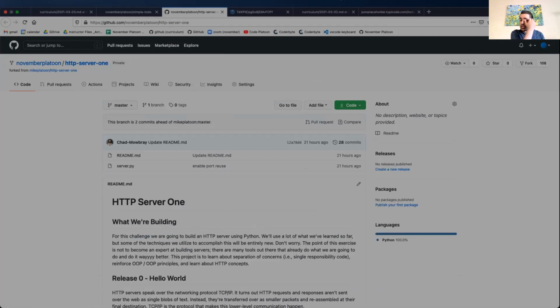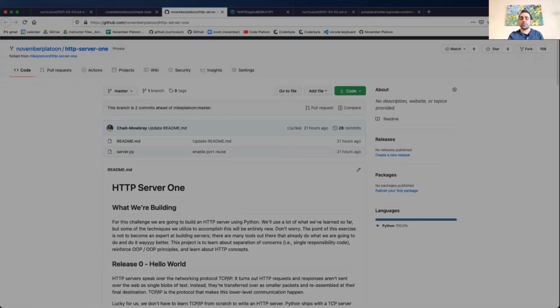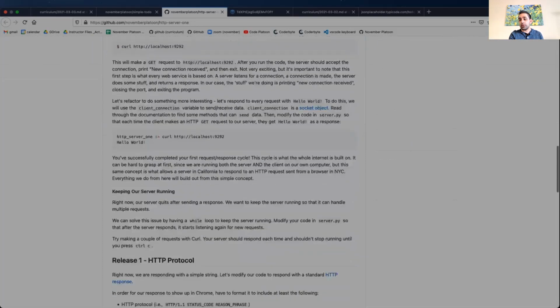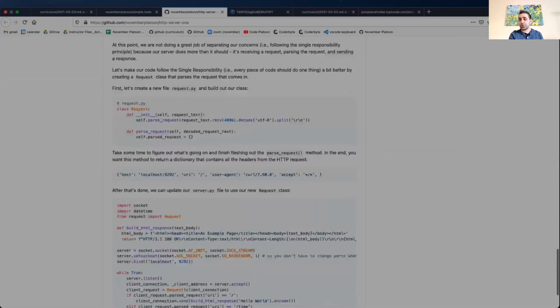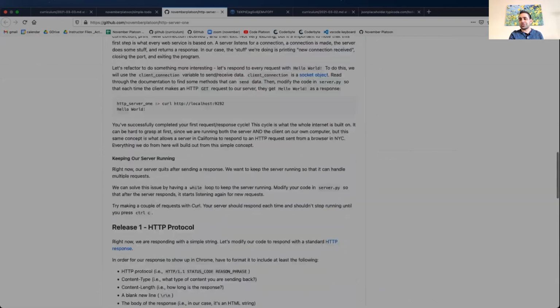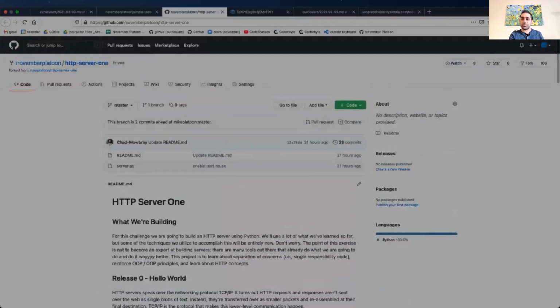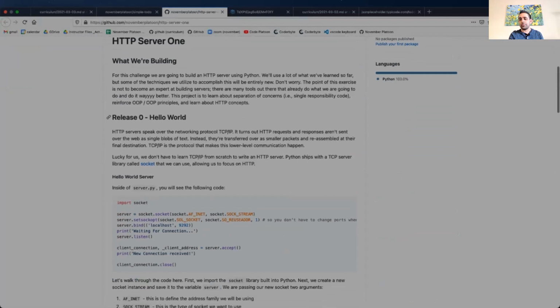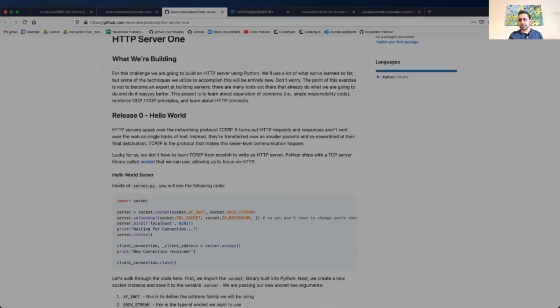But the longer, more difficult challenge will be HTTP server 1. I know Tom mentioned that this is probably one of the more difficult challenges throughout the curriculum. So, definitely a lot to it. If I'm just scrolling, there's a lot to read on it. So definitely don't think you're going to be done with this in 15 minutes for the most part. You're going to have to read a lot and kind of tinker with it and understand using new